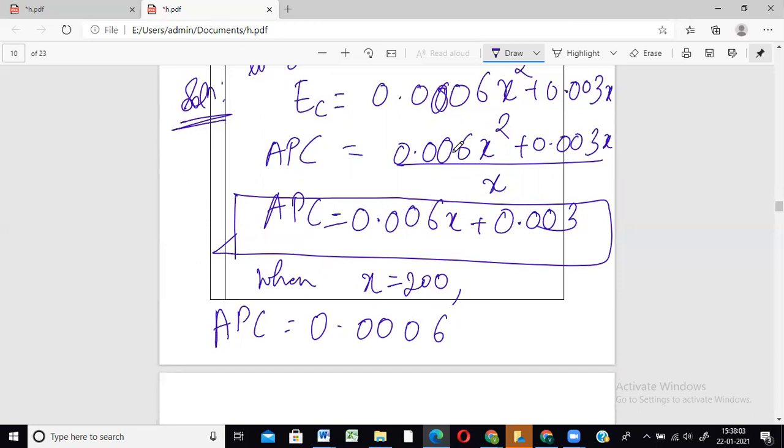There are three zeros. I don't know why I am writing two zeros. There are three zeros. Okay. In place of X, we have 200 plus 0.003. Okay. Too many zeros in the question. That is why. So here we have three zeros with six and two zeros with three. Now, where APC is, there you have to substitute X, not in the major equation.